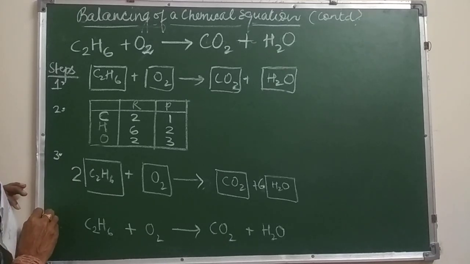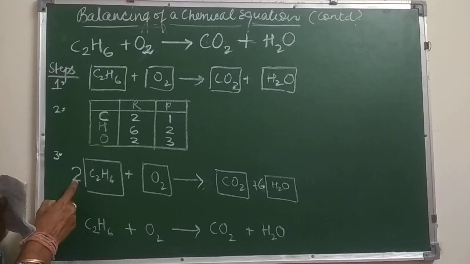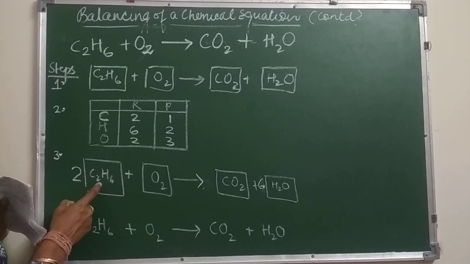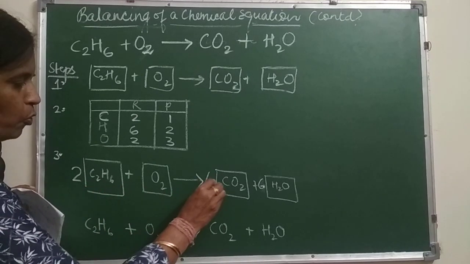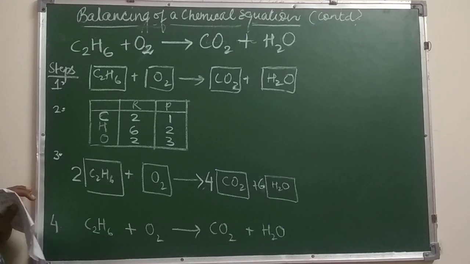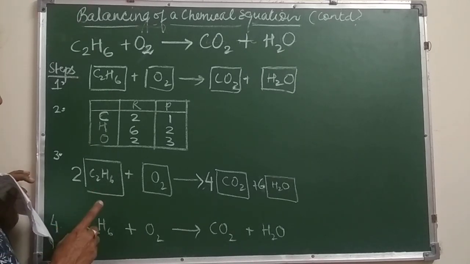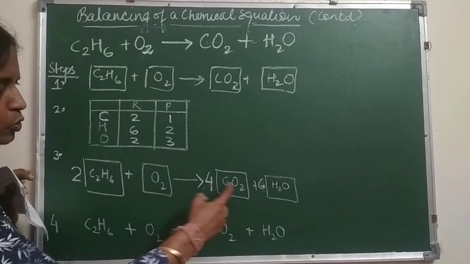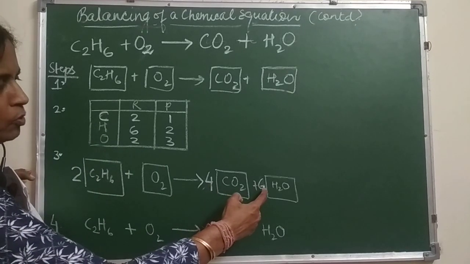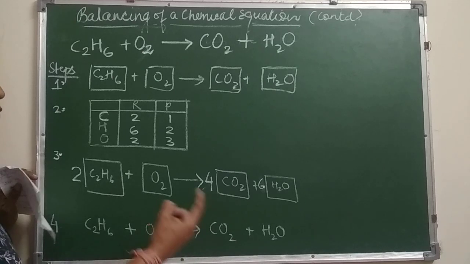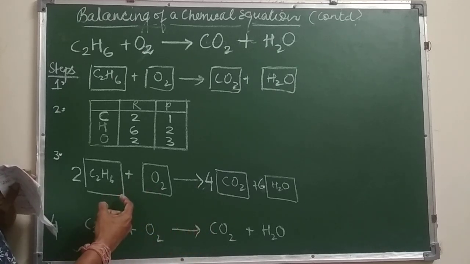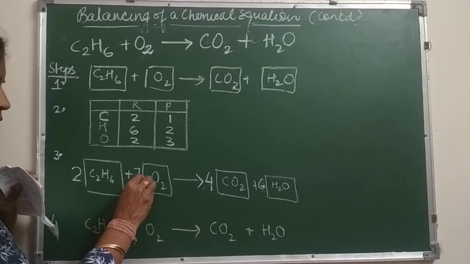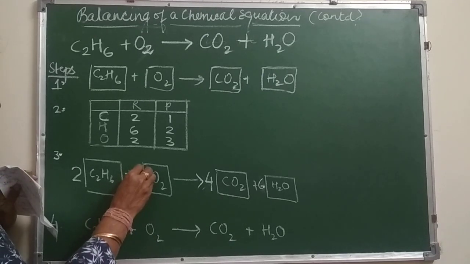So hydrogen is balanced. Then let us see carbon. 2 into 2 is 4. Carbon over here. So I put a 4 over here. Now, so carbon is balanced, hydrogen is balanced. Next is oxygen. So let us see oxygen on the right hand side. 4 2s are 8 and over here 6. 8 plus 6 is 14. So how to make this oxygen 14? Just put a 7 over here. So I think now you have understood it.